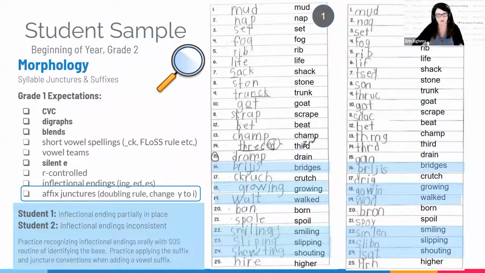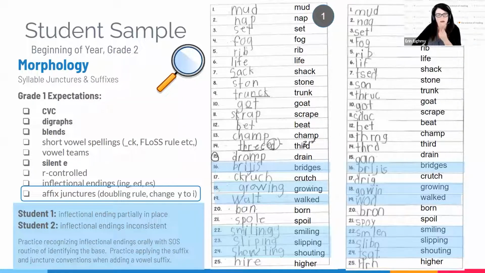So this was actually a question in the chat about SOS. And so SOS at this point would be really beneficial to build in a routine where you would be doing dictation, like say the word bridges, then identify the base. So ask your students, what's the base? They would say bridge, and then we would have them write the base. And the word is bridges. What suffix do you need to add? That's an ES, and build that word and rewrite the word bridges. So that's a way that you can integrate morphology into your SOS